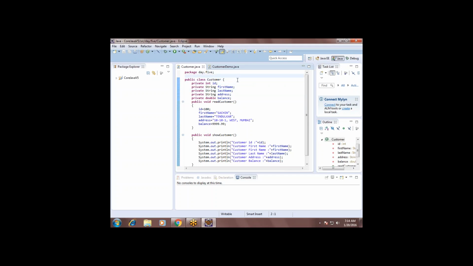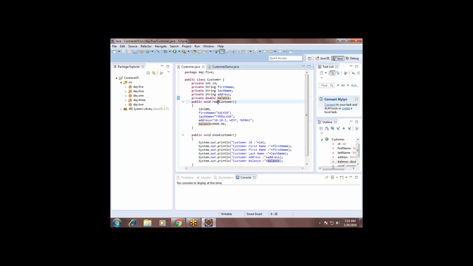See guys, what we started yesterday is we started with the class. The properties like customer, and I defined some properties like ID, customer ID, first name, last name, address, balance, right?